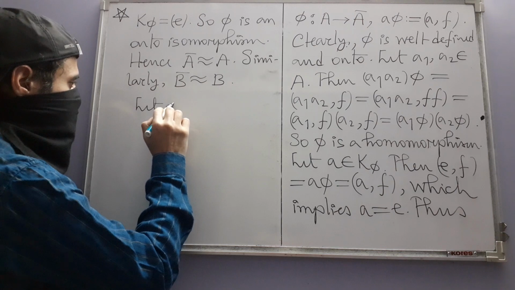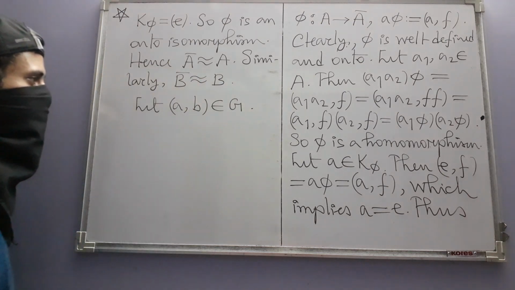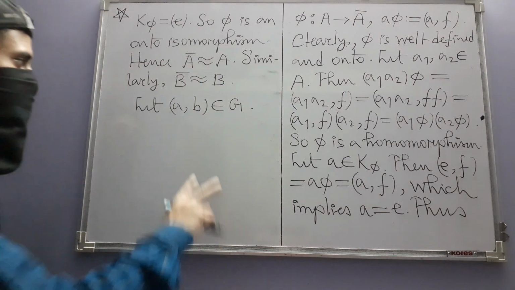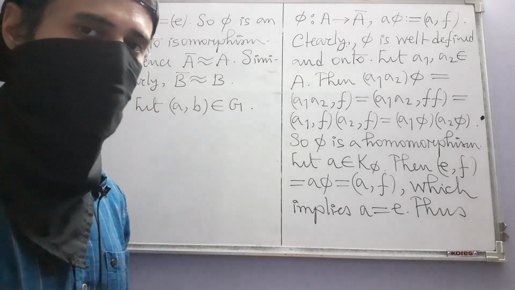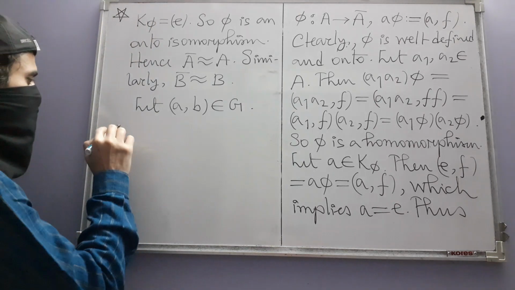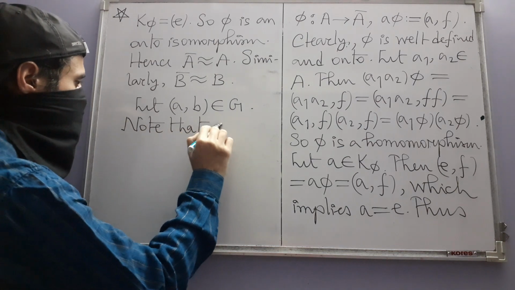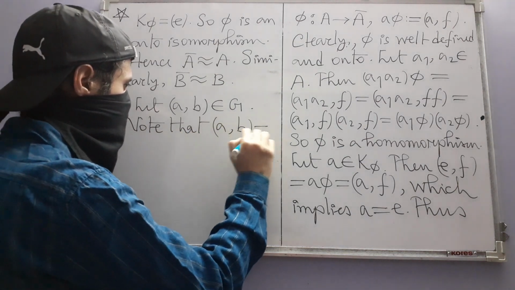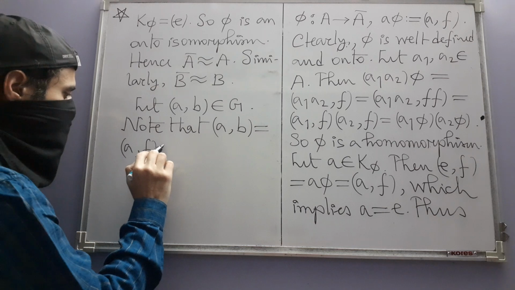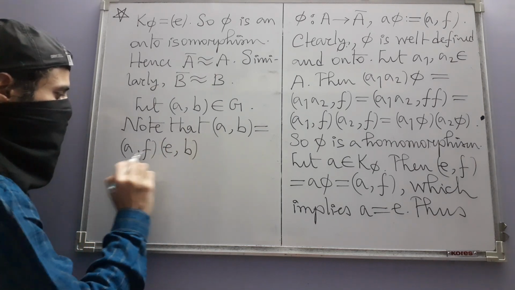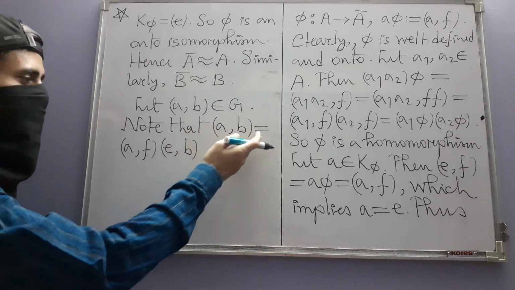Let us take any element in G. We are now going to show that this element is the product of two elements, one from A bar and another from B bar in G. Note that this is also equal to A comma F times E comma B, because if you perform the product, you will get what? AE comma FB, which is nothing but A comma B,